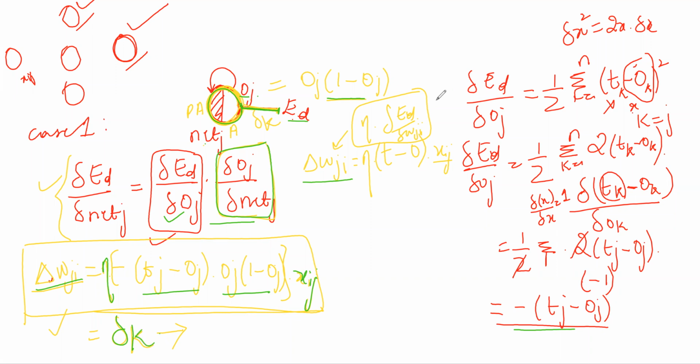So whenever I ask what the training rule of the output neuron is, you can directly call it delta k. What is the training rule of the output neuron? You can directly call it delta k. This is what your delta k is going to be, which is the training rule of output weights. Clear with this? Do you have any doubts?